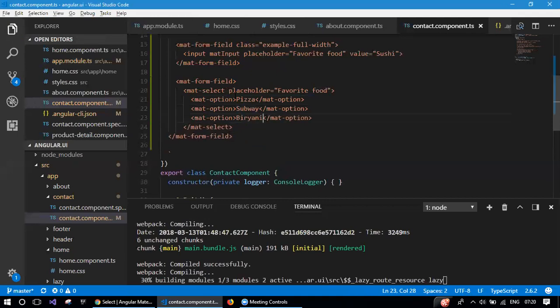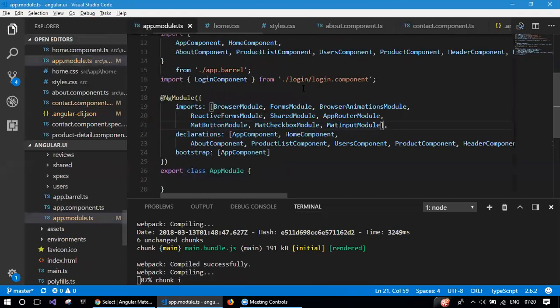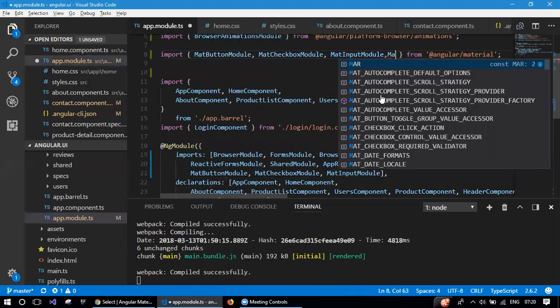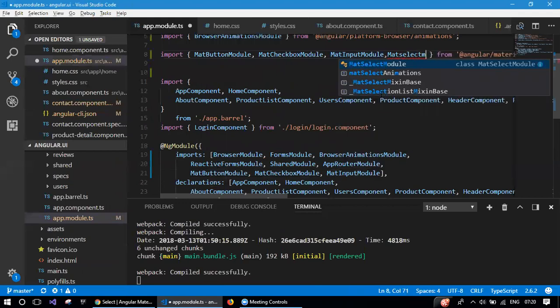So we haven't yet imported the module. Let's go back to app module and import that. Say MatSelectModule